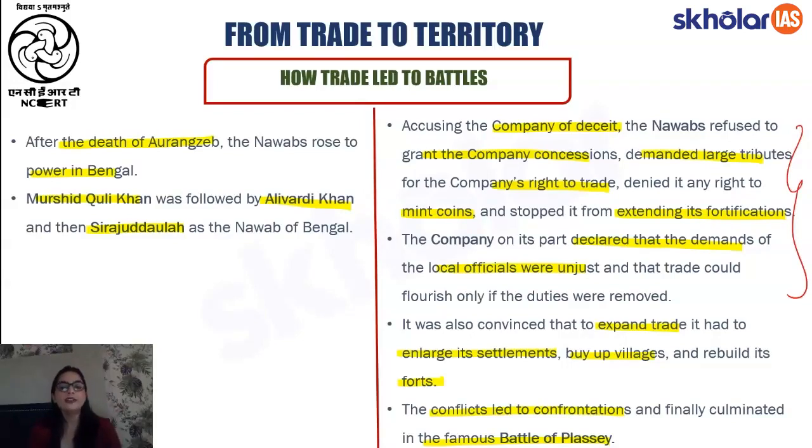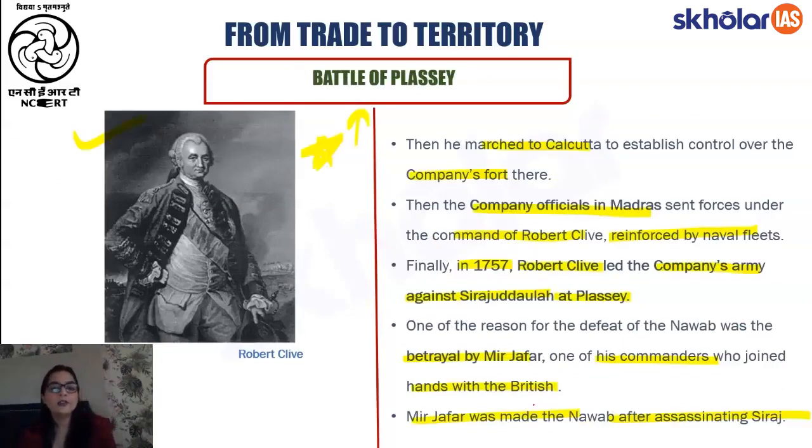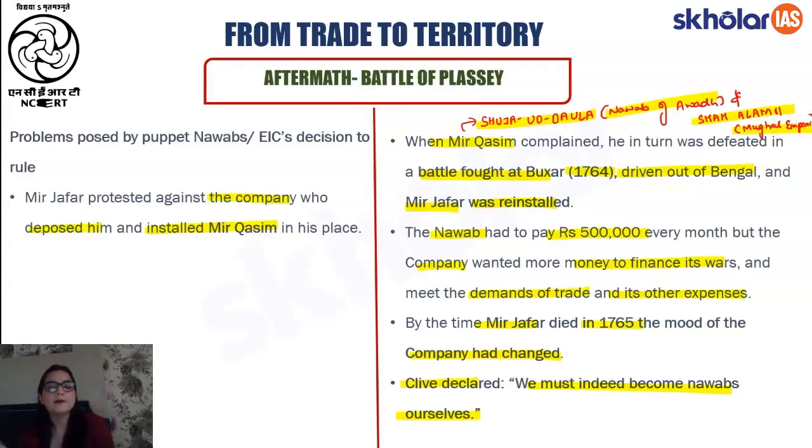के बीच में, जिसकी वजह से बैटल ऑफ प्लासी हुआ। नाउ बैटल ऑफ प्लासी जैसा कि हम जानते हैं 1757 में हुआ था, जिसमें सिराजुद्दौला को रॉबर्ट क्लाइव, जो कि ईस्ट इंडिया कंपनी की तरफ से बैटल कर रहे थे, उन्होंने उसे हरा दिया था। सिराजुद्दौला को हराने के बाद में ईस्ट इंडिया कंपनी ने मीर जाफर को नवाब बना दिया था, जो एक तरह से पपेट नवाब थे, जो ईस्ट इंडिया कंपनी की तरफ से ही काम कर रहे